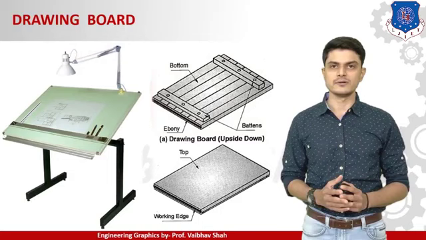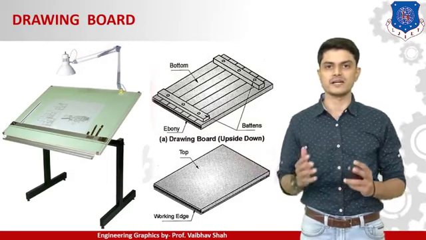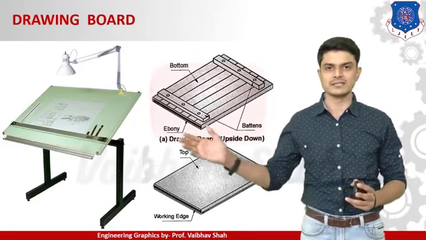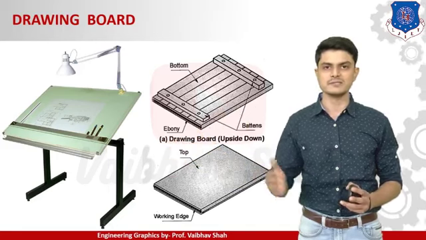First, the drawing board. Let us see the upright view of the drawing board. We have these two supports, which are known as your battens. We will be placing this drawing board on these battens like this. So we will have the drawing board fixed on your stand with the help of these battens.